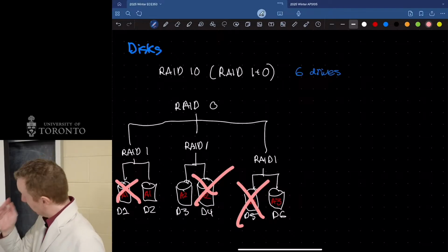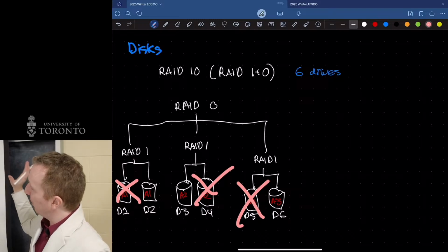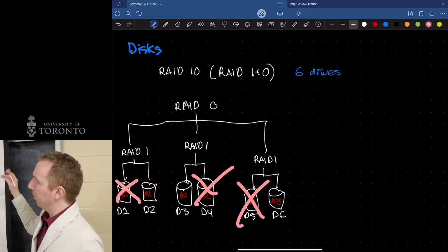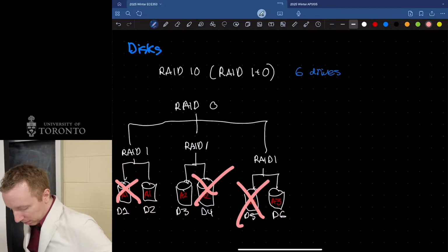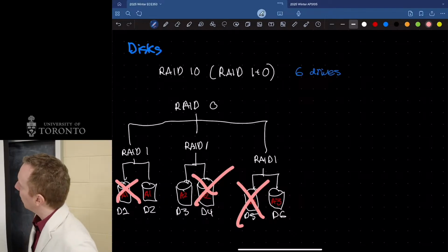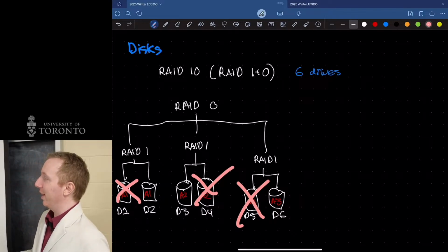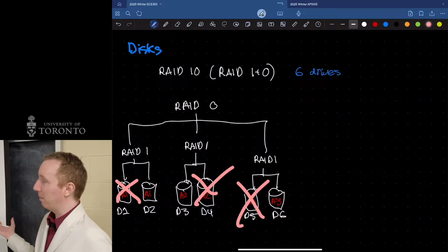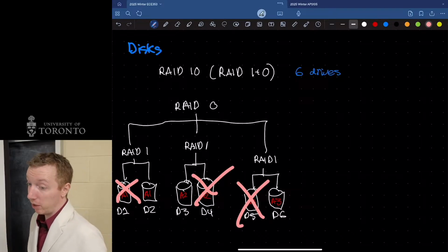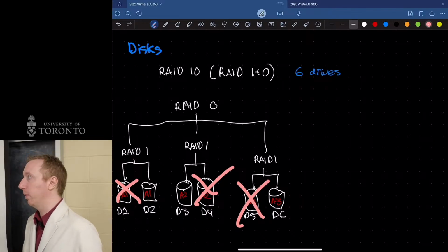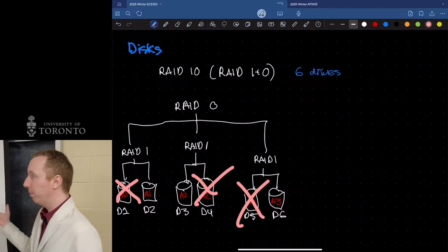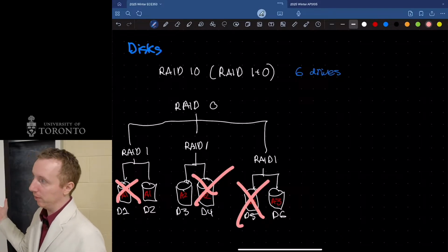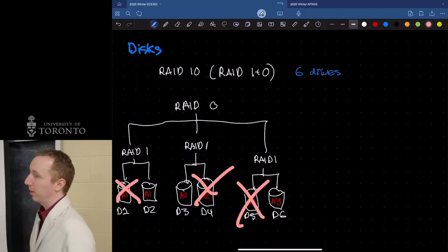Typically, you would prefer this over RAID 5 or 6, because when you're recovering data, that causes a lot of reads and writes on the disks you are recovering from. It also takes a long time because it has to read all the parity information, or read the content from the data, to either recompute the parity or use the parity to recompute the data that was lost, which stresses out the drives and makes them more likely to fail as well.